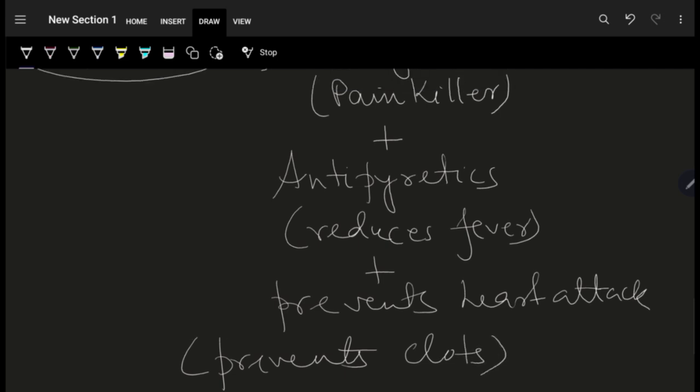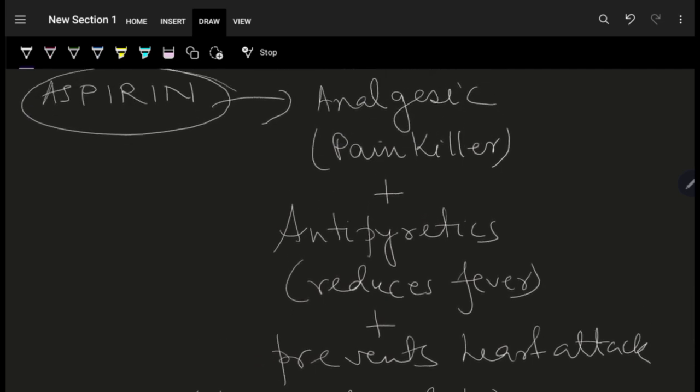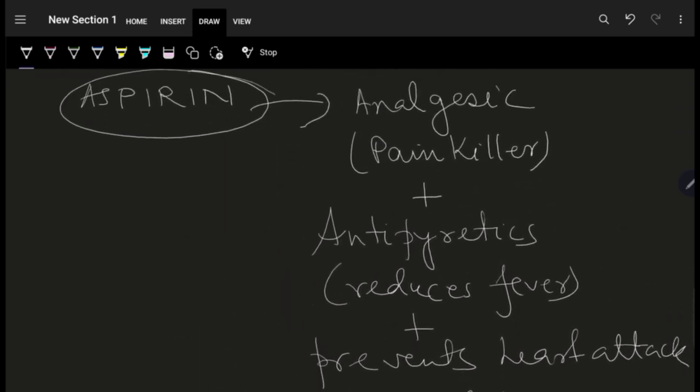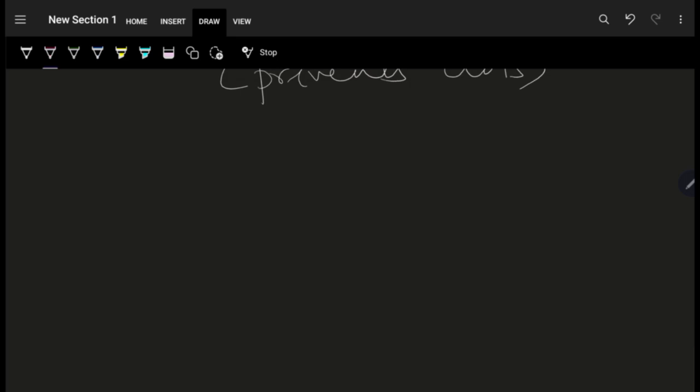So aspirin has medicinal aspects, and this aspirin has an IUPAC name, it is known as acetyl salicylic acid. How can you obtain aspirin from phenol? You actually have to obtain salicylic acid from phenol, and then you have to obtain aspirin from it. So, let us see how to do so.